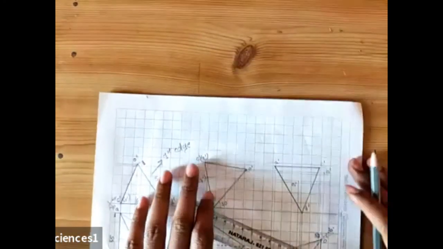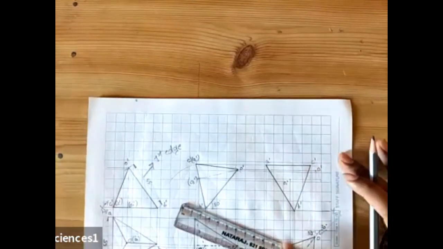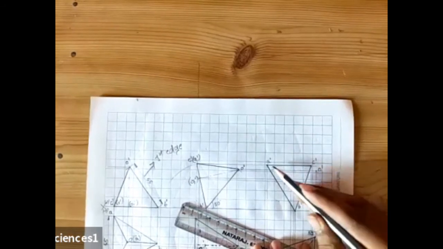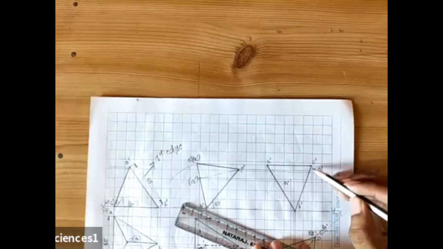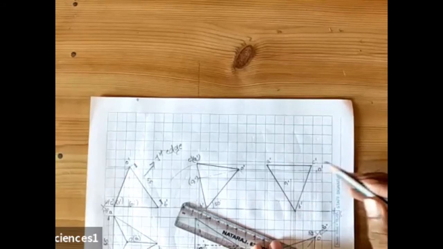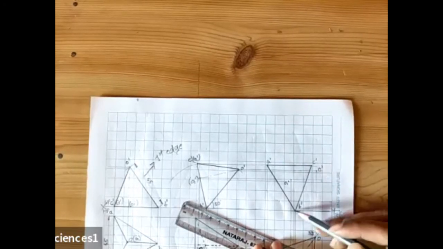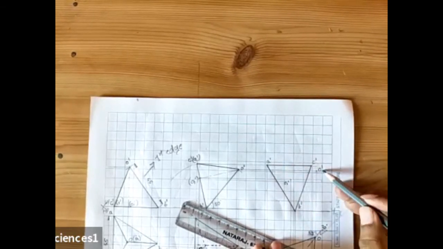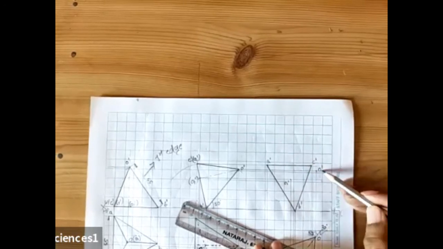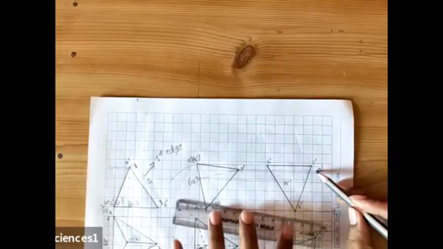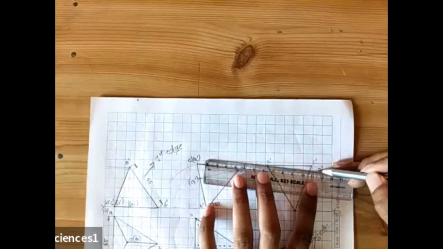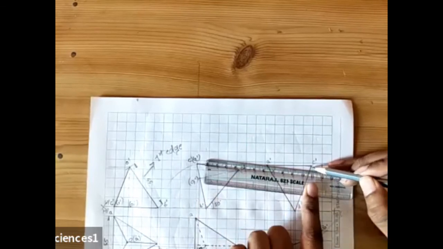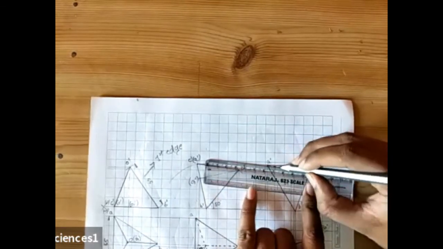After joining the base, as I did in the previous solid problems, from all these 3 corners you have to join the apex. That is A dash to O dash, B dash to O dash, C dash to O dash. Okay, we have completed the base. Then after that, we'll be joining the slant edges. Actually, O dash to A dash, O dash to B dash, O dash to C dash are the slant edges. Now I'll start joining from A dash to O dash. When I start joining from A dash to O dash, don't you think it will cut this line? Okay, can you see this? It will cut this line. That is why it will become what? Hidden.